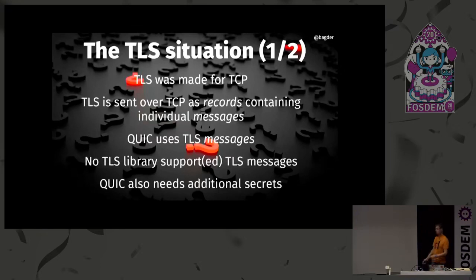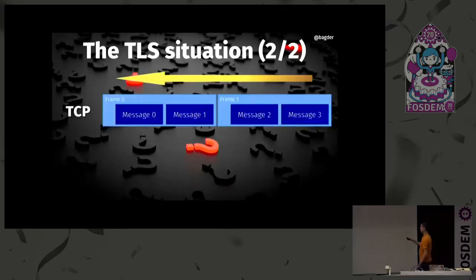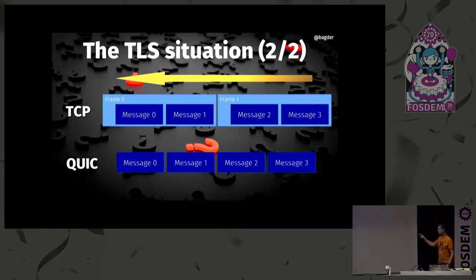Basically, it looks like this. I'll just show you a little image. So this is how you do it over TCP. So you have to send frames like this with messages inside. But that seemed completely pointless. Why would you have those frames? You don't need them when you do it in QUIC, because QUIC is a new protocol, so we can just send the messages. Fine, get rid of the crap we don't need, just send the messages.